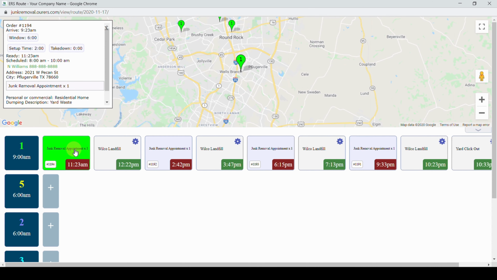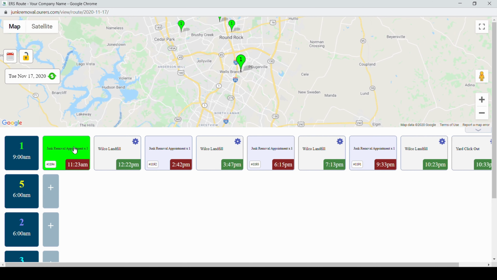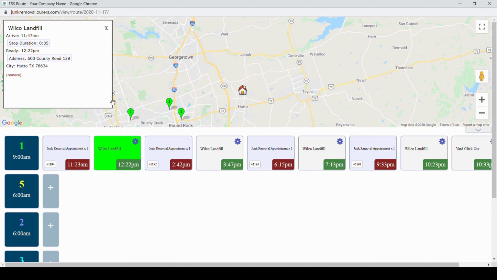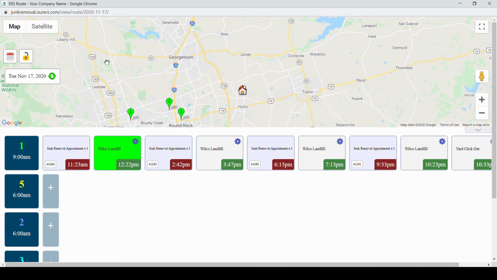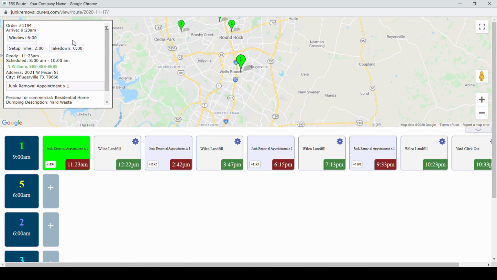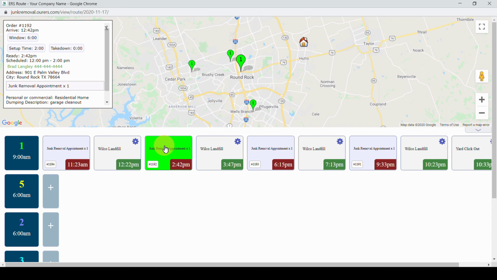Keep in mind, you might win some of these appointments. You might do them right there on the spot, however you operate. So then you'll see a landfill right here. Notice I put it takes 35 minutes to stop. Your landfill might be longer, don't know. I give them a 2-hour window right here. They might beat that. Every job's different. You never know what you come across. The whole point of this is to give you an idea of when you expect them to be back done,